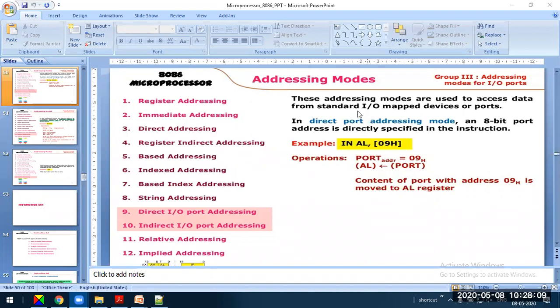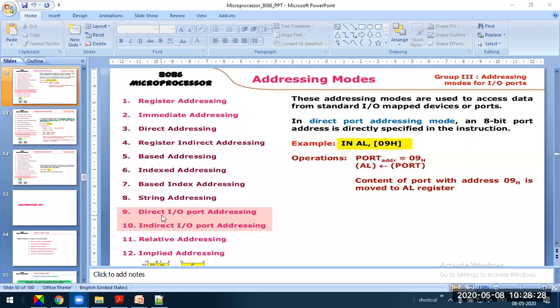So, memory mapped IO or address mapped IO: there we get the difference. Whether we are directly reading the memory of an external device, or we are reading only the data available on the ports, based on that we have an addressing mode for IO devices or IO ports.